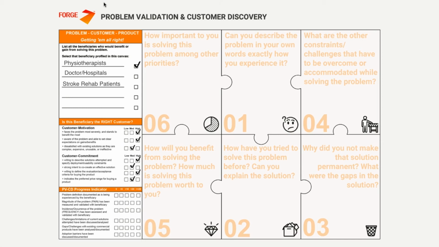The patients are the primary beneficiaries. If someone can solve this problem for them, they can lead normal lives and avoid being a burden to their own families, or in the worst case, getting a recurrence of stroke and losing their lives. In most problem cases, we generally have multiple beneficiaries. So, how do I know whether this beneficiary is my potential customer?